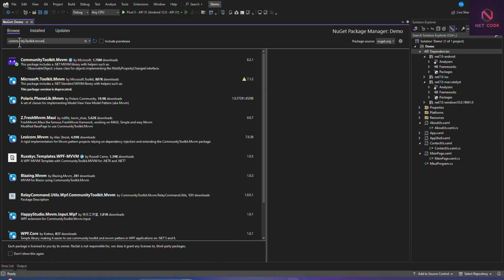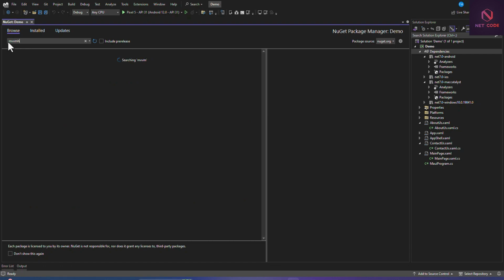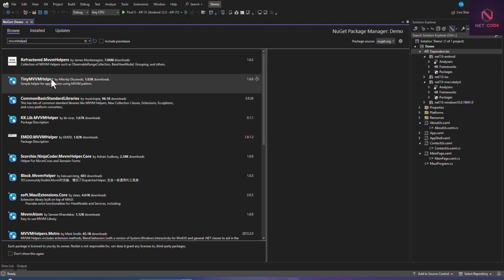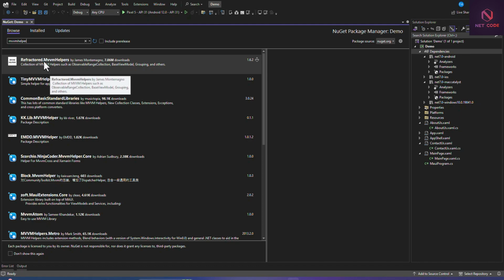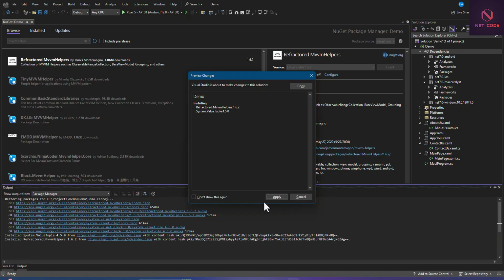Now we have to also install mvvm helper, and that is what we want. So refactored.mvvm helpers by James. So we have to install this. Let's accept.